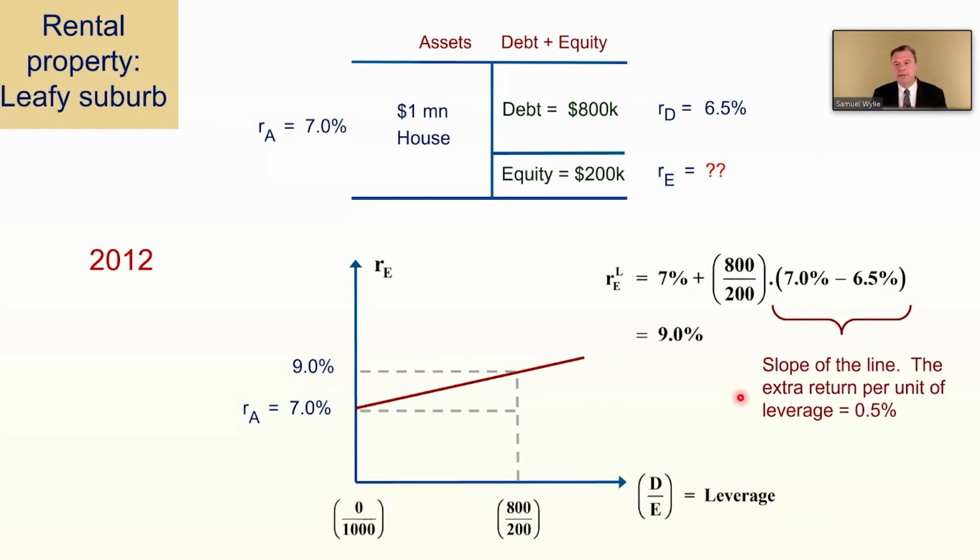This difference is the return on the asset minus the return on the debt. This difference between the 7% return on the asset and the 6.5% return on the debt is the slope of this line. For every extra unit of leverage, we're getting 0.5% of extra return. Now, if that doesn't sound like enough, I don't disagree. But we're going to see what happens to that in just a moment. We're going to see that at the moment, that number is 5.7%, not 0.5%, for every extra unit